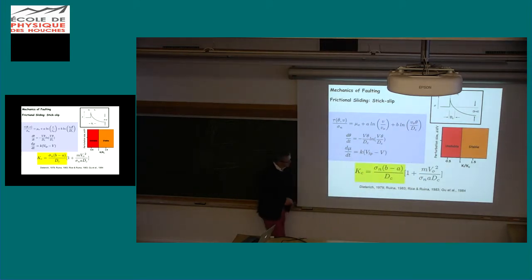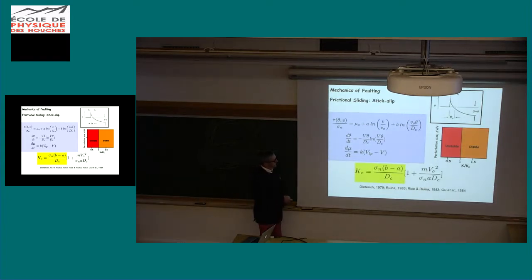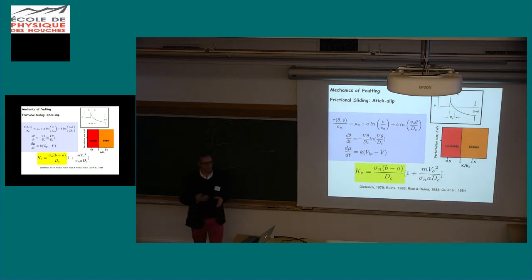That part, the mass right there, is the lumped mass of the spring block model, and velocity and the other terms that are there. This will be important once inertia becomes important, but it won't be important at the nucleation stage, or the stage where a rupture is moving at maybe 10 kilometers per week. So if you look carefully at all this nice work that was done in the early 80s, and you look at this,